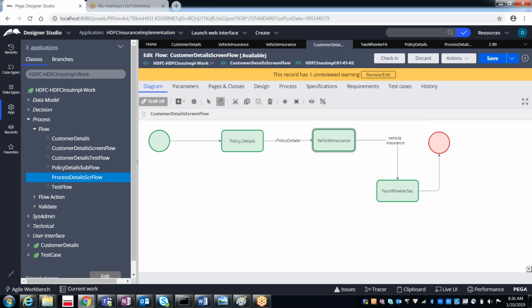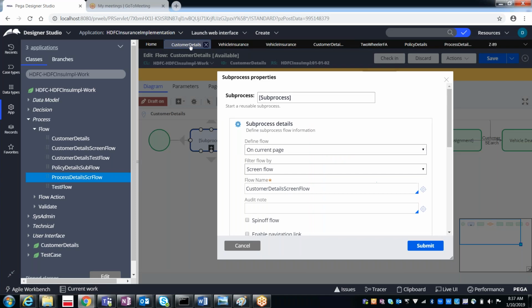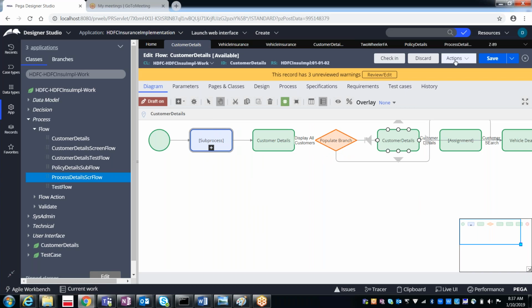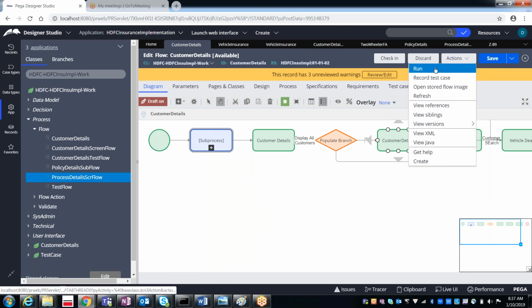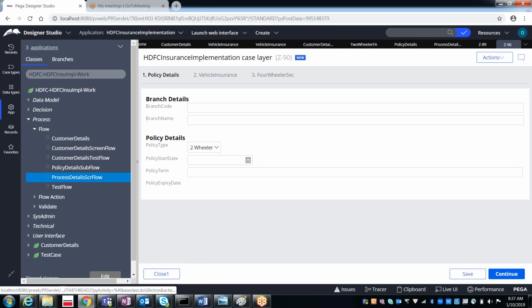Now when you run the flow, what exactly are you going to see? Run. Now this is the flow, right? When I run the flow, this is the user interface. In this user interface, which is our section? Only which part of the user interface is called our flow action?